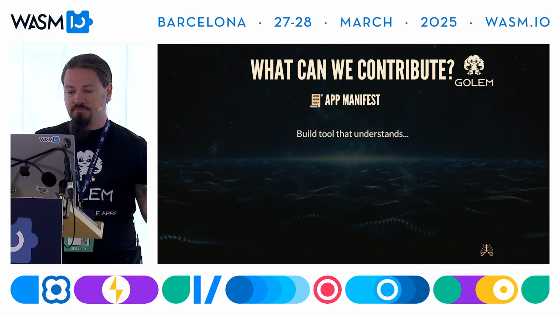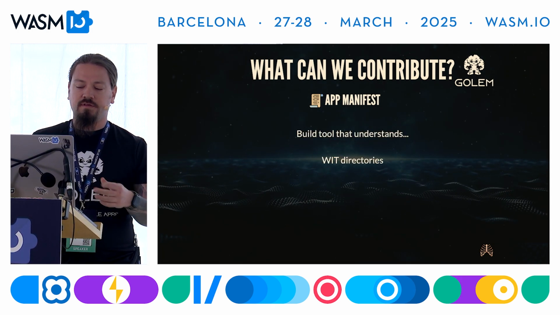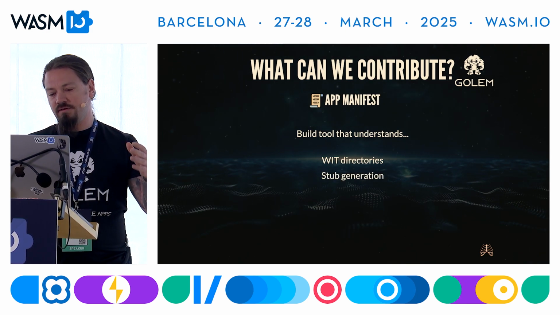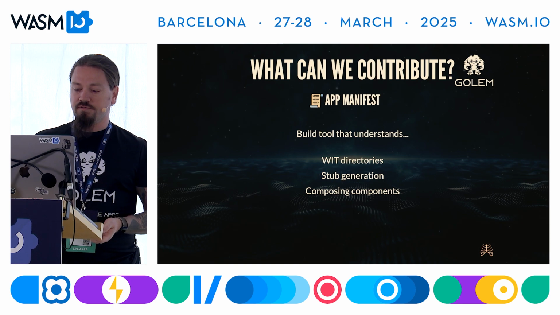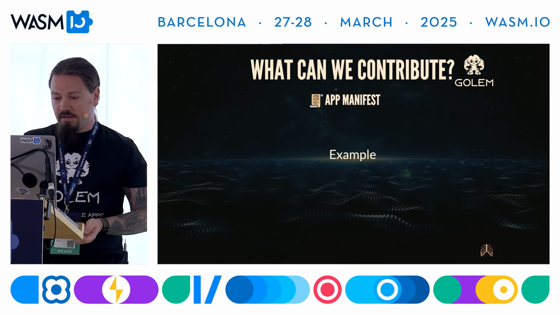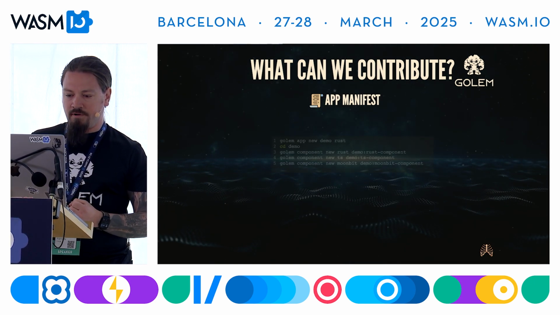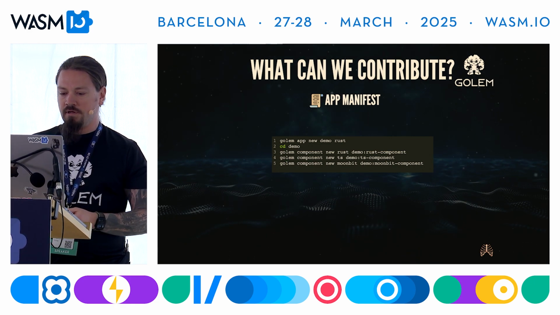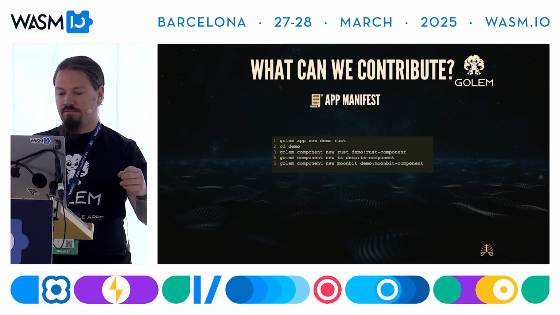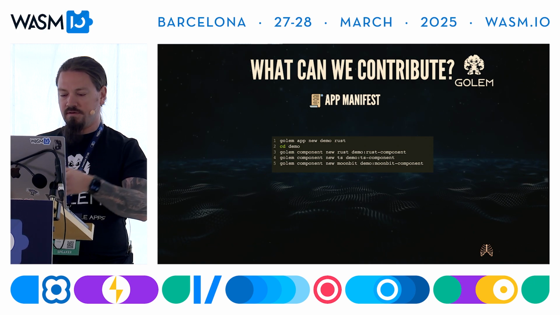And yeah, so basically it's a build tool that understands things like WIT directories and this stub generation that I was talking about, and it knows how to compose components. And let's just see a quick example. So if we create a new Golem application with our CLI tool and add 3 new components to it in 3 different languages, Rust, TypeScript, and Moonbit,